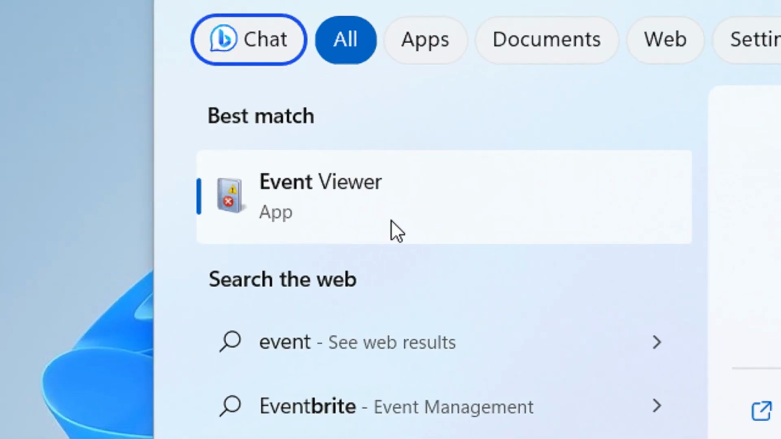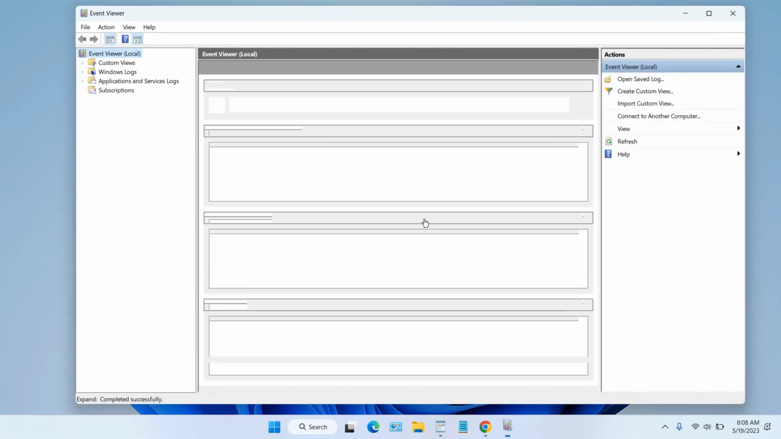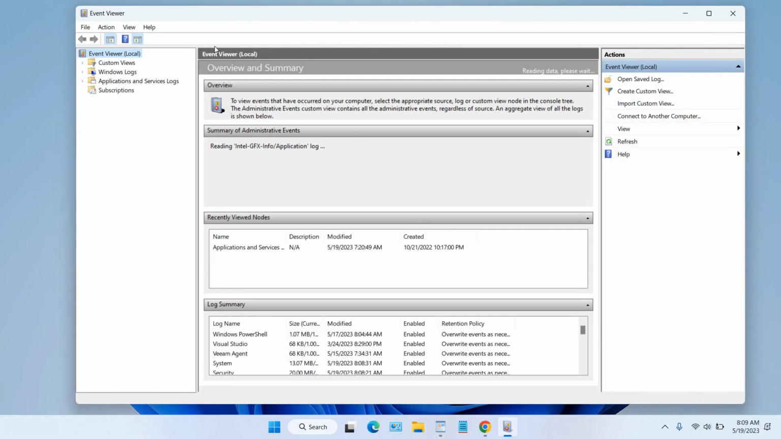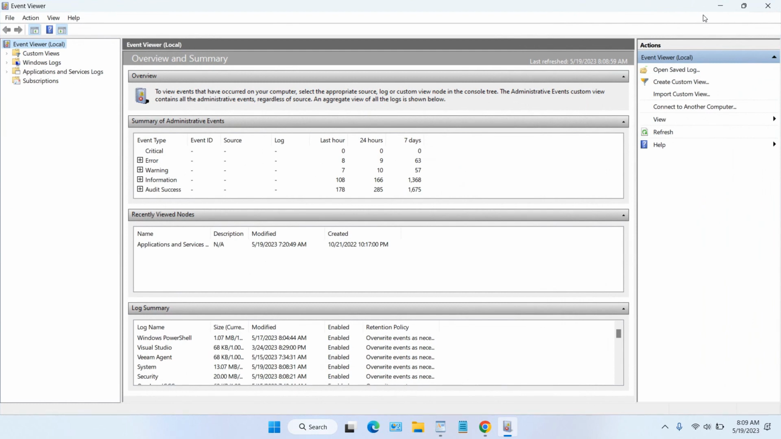Okay, you can see Event Viewer, and then you can run the application. This application is actually existing by default on the Windows operating system, so you don't need to install it. You can just find and open the application, and here you need to go to the Application and Services